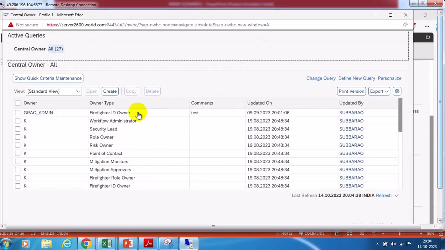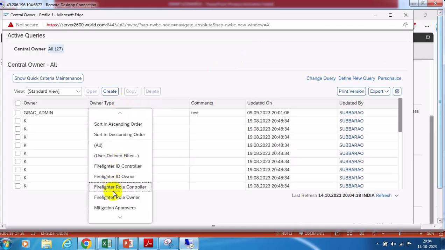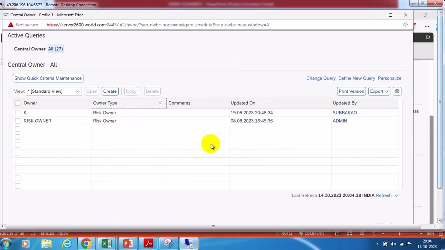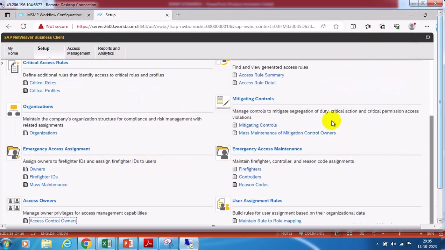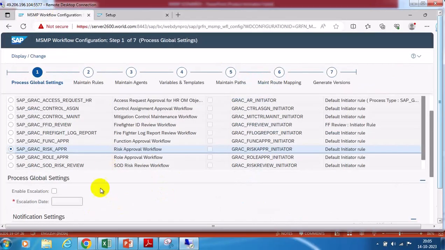So somebody should be maintained as risk approvers, risk owners. So we have two risk owners here. An additional task for the risk owner: it should be assigned in risk owner and in the SU01 master data in the GRC system, but it should be additionally maintained in access control owners. Once that is done,